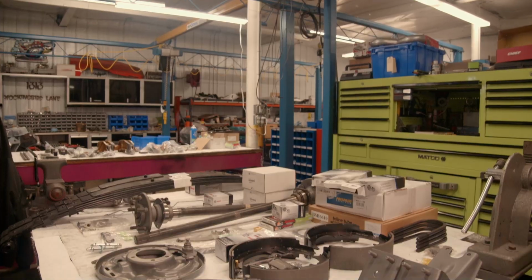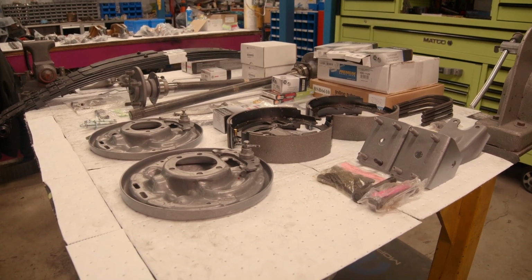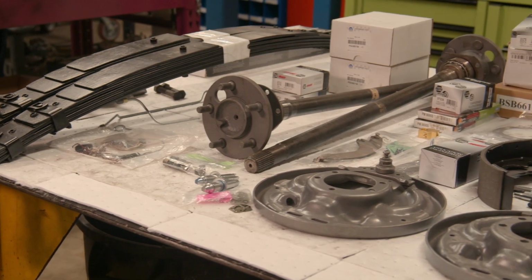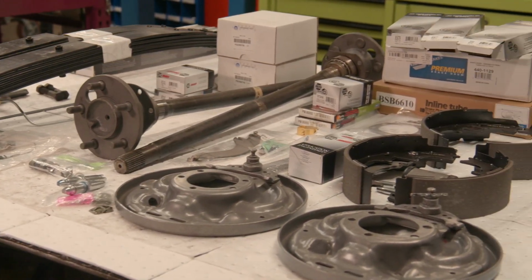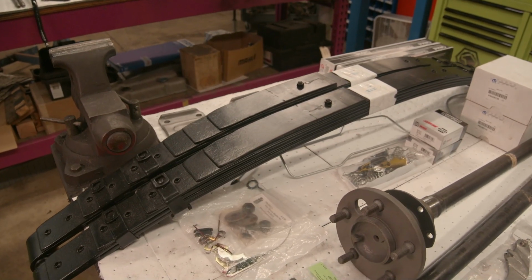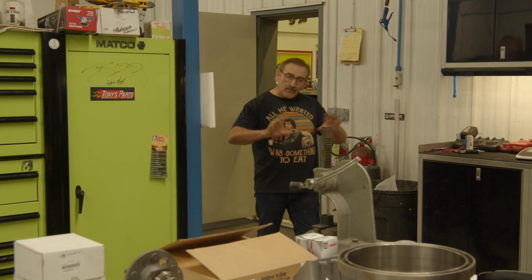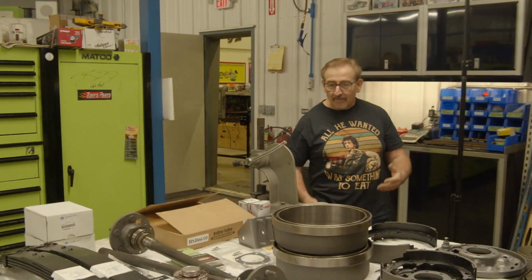I have decided that I shall have Doug and Alyssa assemble the rear end. What I've always wanted to do is find out exactly how many individual components it takes to build out a rear end. So I'm gonna have Alyssa keep track of that, because I have a suspicion there's several hundred parts that make up just one rear axle assembly. So all I'm asking is that you put the rear end together, you count the number of parts that go into it, so we have a complete